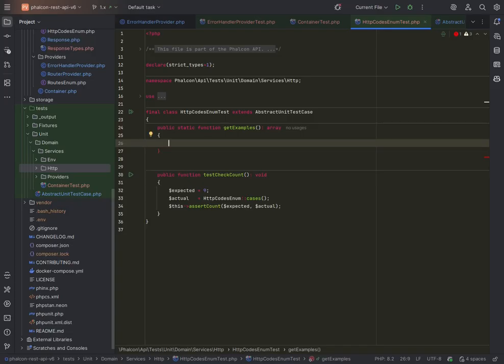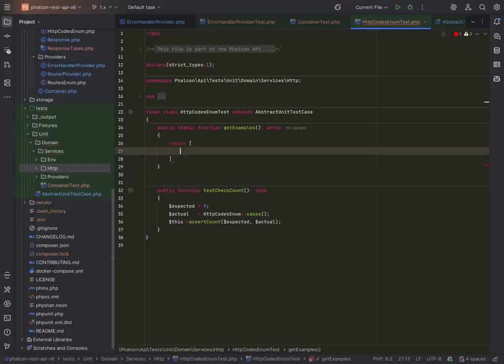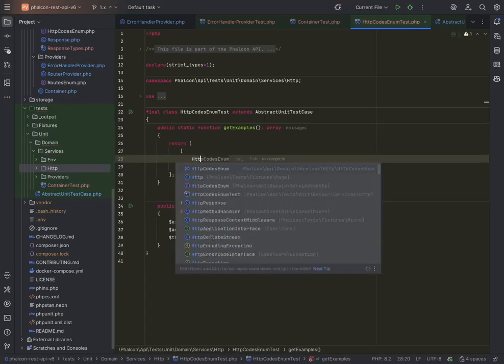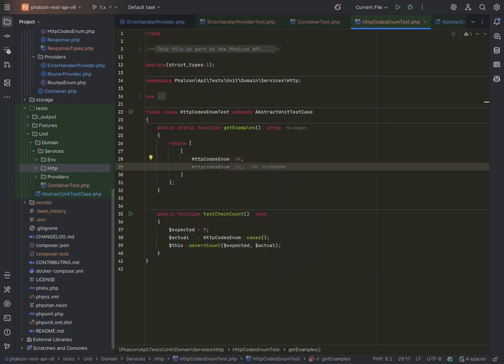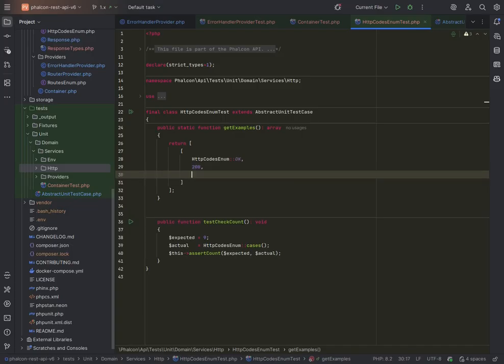So it will pick up the data provider method, which will return an array, and then we'll iterate through it, running the test with the data that each element of this provider offers. So return will be an array, and the first element will be HTTP codes enum. Okay, and then what we want is a 200, and I'll explain what that is in just a moment. And then okay,